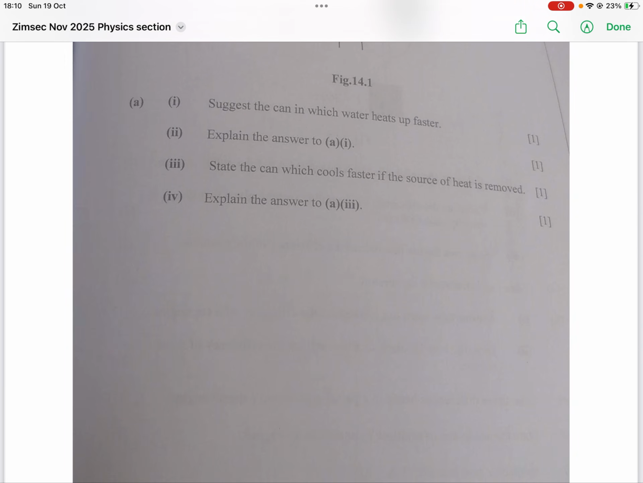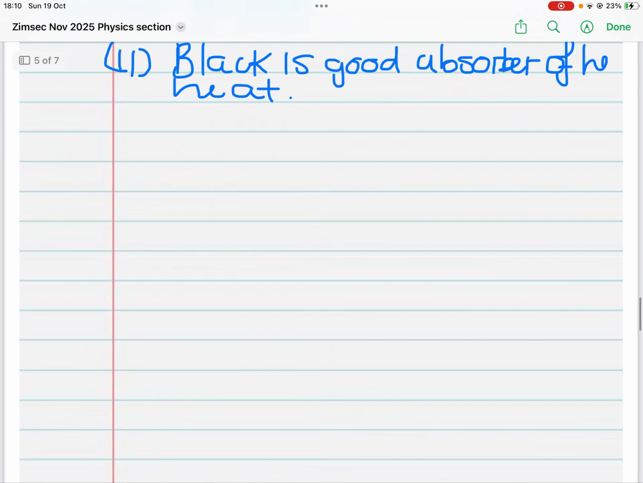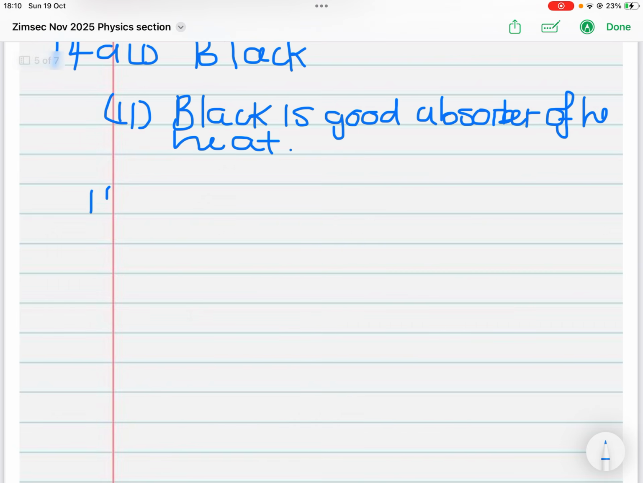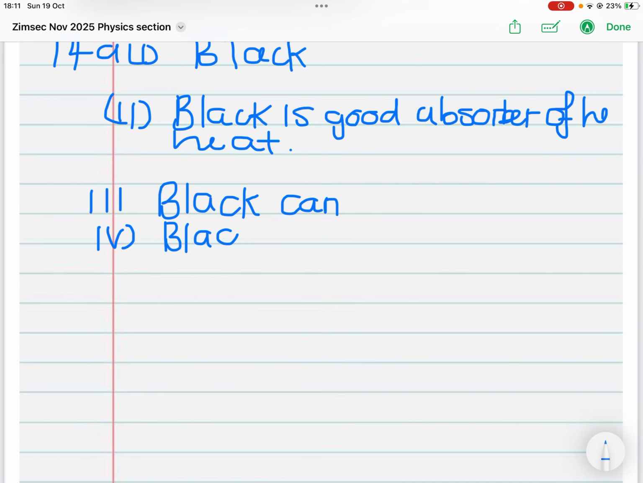And then on part 3, state the cane which cools faster if the source of heat is removed. Again, we are going to write black. The answer on part 3 is black again. And we are supposed to give the reason. This is because when heat is removed, the black cools faster than the white object, because black objects are good emitters of radiation. So here on part 4, we write that black is a good emitter of radiation,